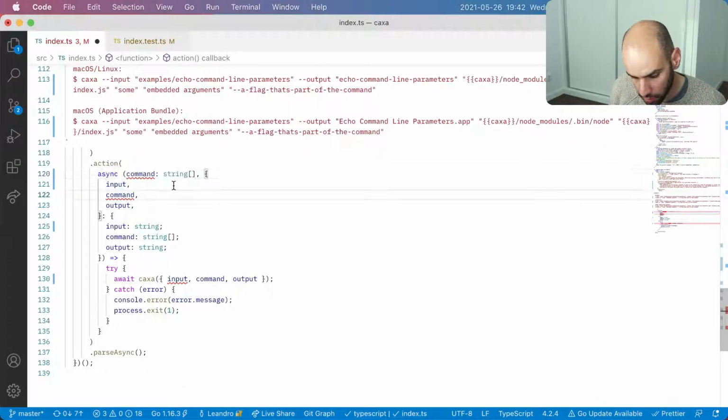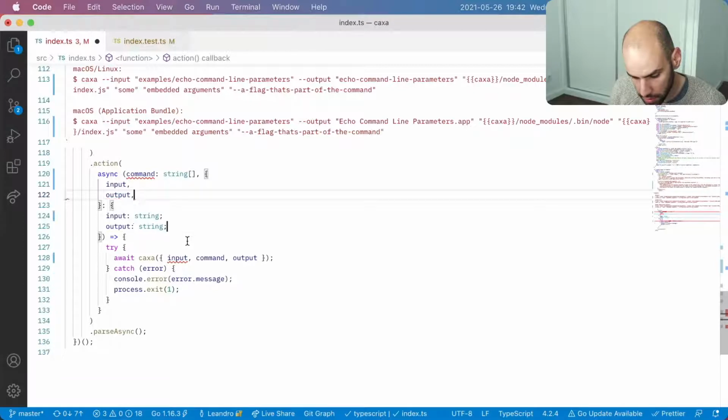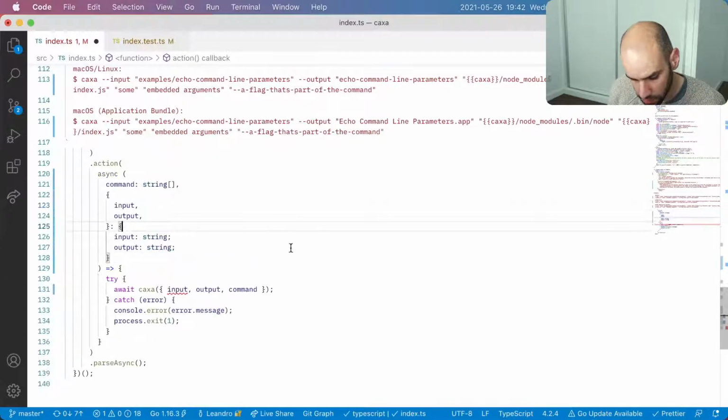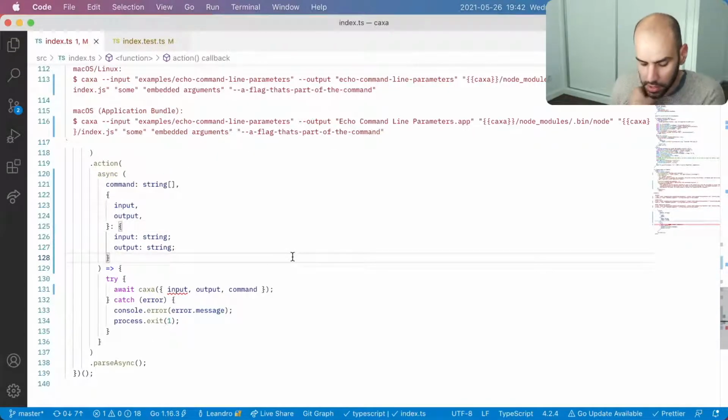And command will not be part of this. And then here we'll change this to be input, output, and command. Let's see how this reads.